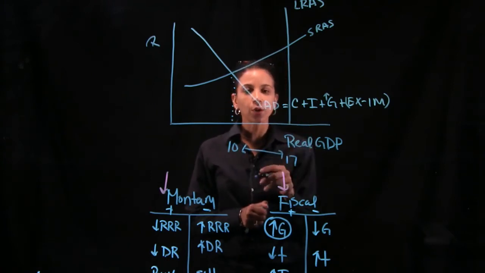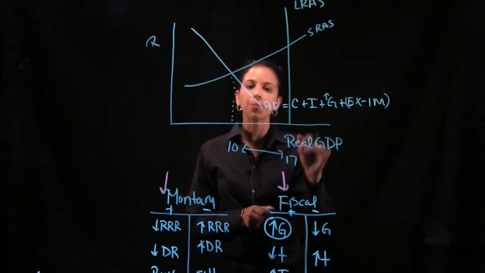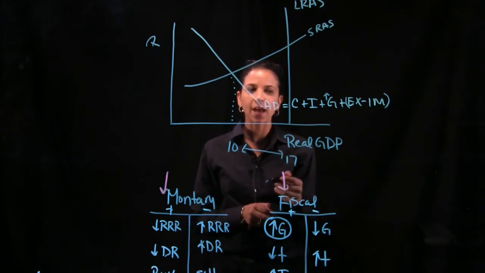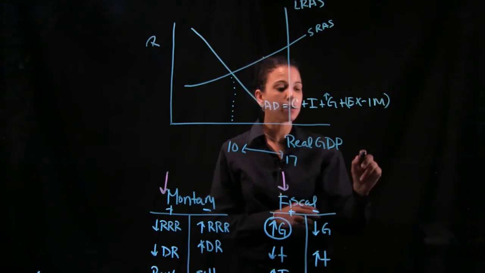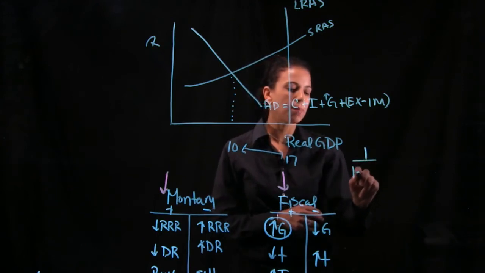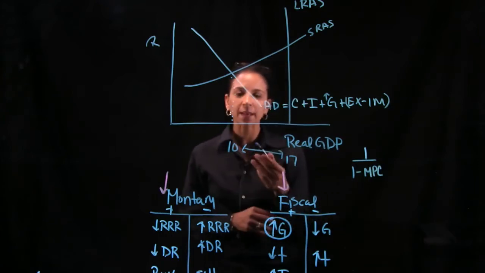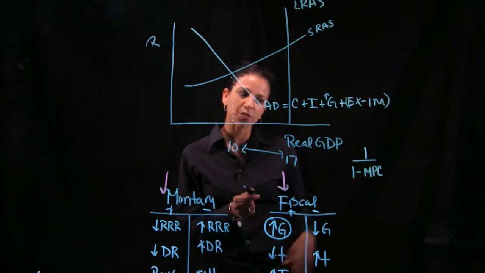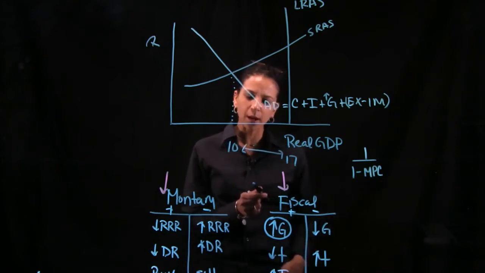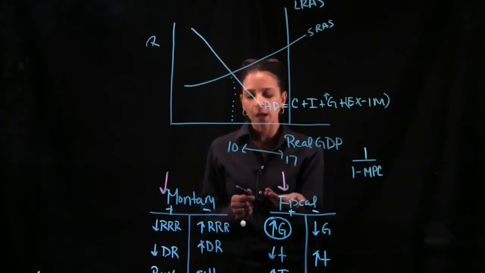One of the things that we learned was that G will go up, but there's a multiplier effect that takes place. And that was where you needed to remember 1 over, you had to come up with a multiplier. It's going to be 1 over 1 minus the marginal propensity to consume. Because when I give somebody $1, they're not going to spend that entire dollar. They're going to save a little bit, right? They're going to save, and so when they put that money in their pocket,